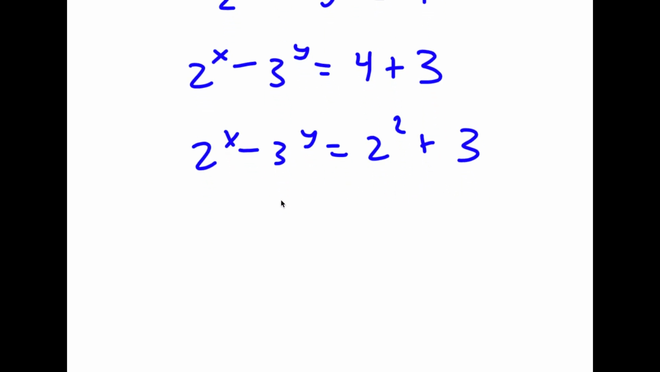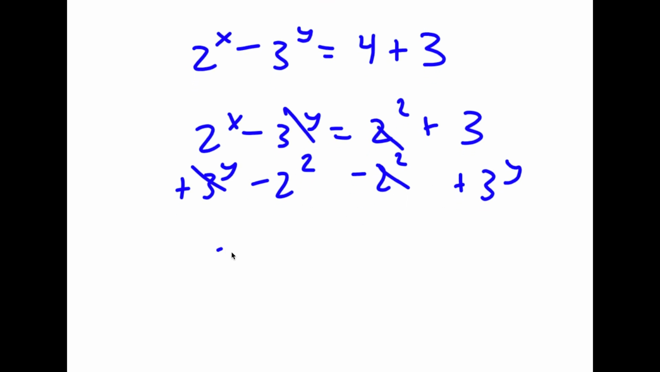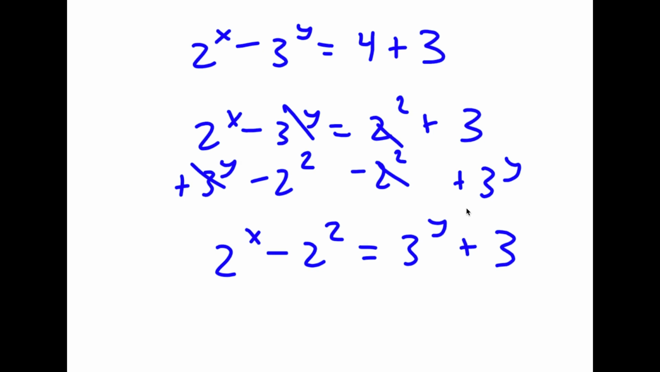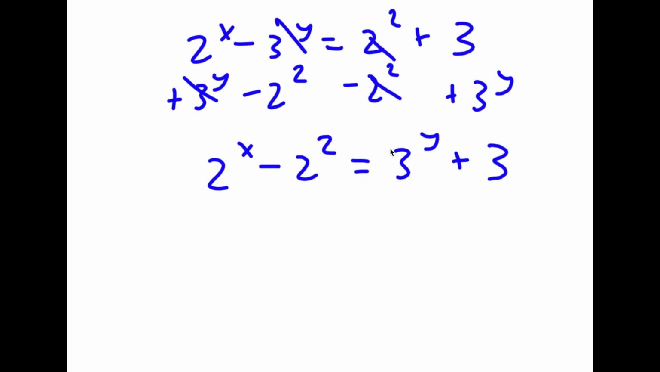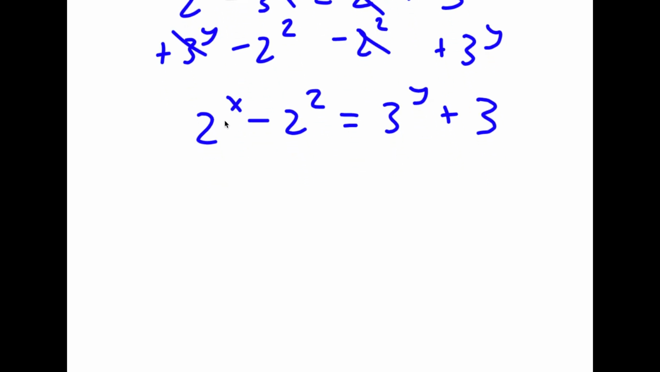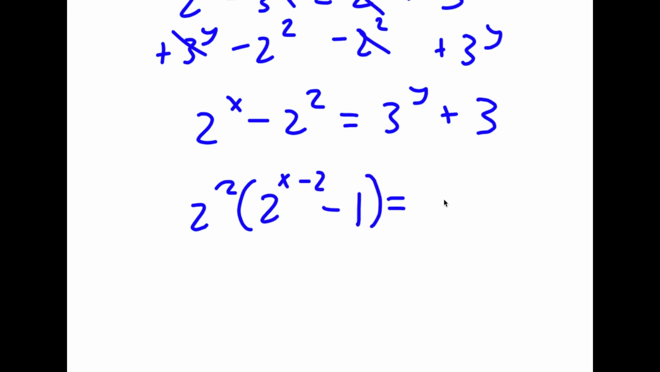So now, I'm going to subtract 2 squared on both sides and add 3 to the power of y on both sides. So then these two cancel out, and I'm left with 2 to the power of x minus 2 squared is equal to 3 to the power of y plus 3. Now from here, from 2 to the power of x minus 2 squared, I'm going to factor out 2 squared. So now I have 2 squared times 2 to the power of x minus 2 minus 1 is equal to,